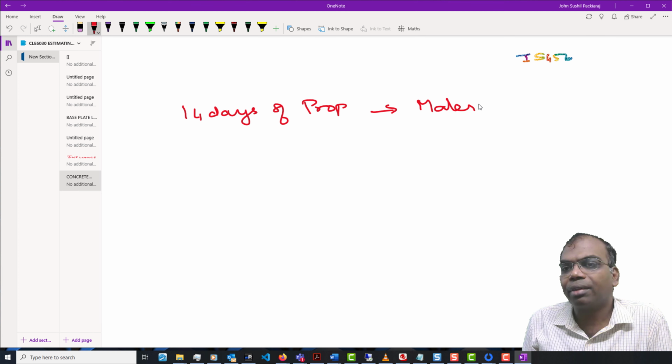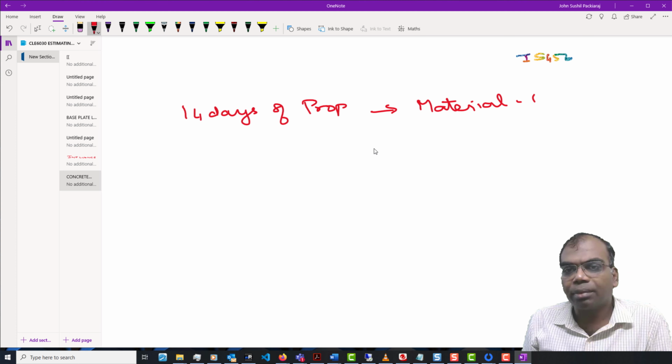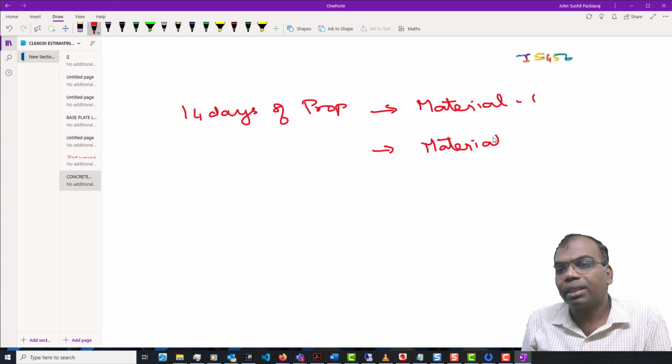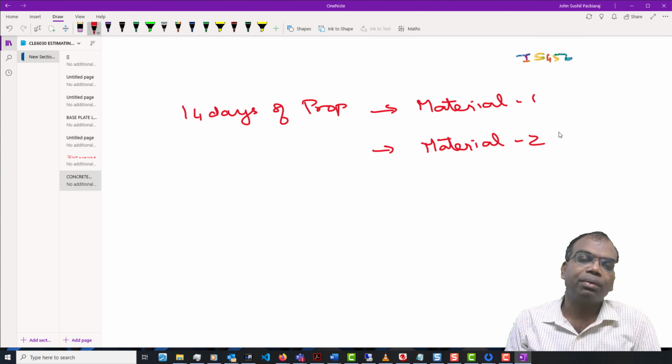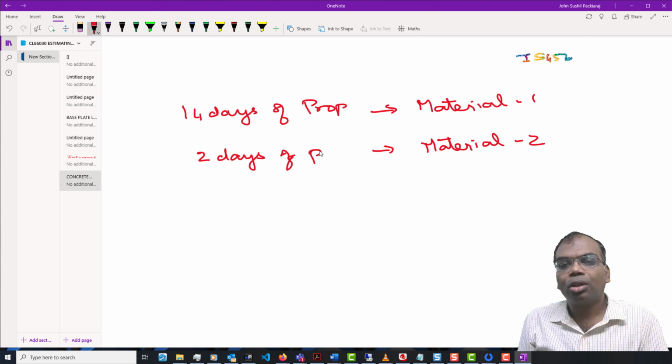When I say material 1, it can be the same concrete, or I can change the concrete or do something else. When I change the material to material 2, material 2 can be the same as material 1, however with a difference. The difference is that I'm going to do some steam curing. Because I'm doing steam curing, I may gain the strength which I want in 2 days. So I just need to keep the props for 2 days.